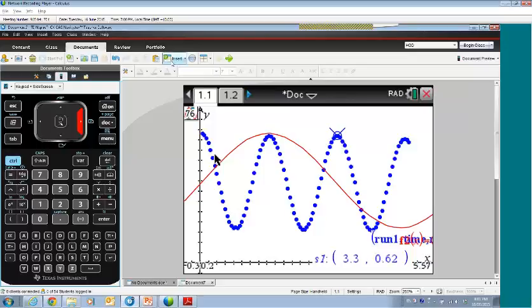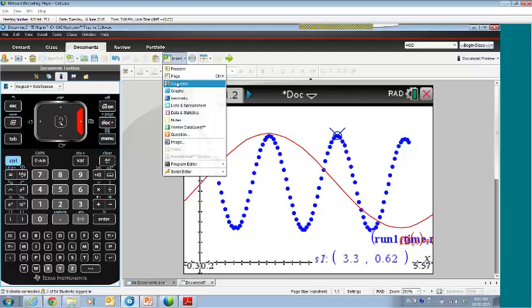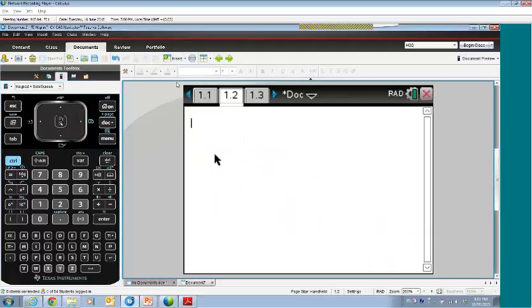We'll just introduce a calculator page, because running on the fly, I'm not even going to attempt to do those sorts of problems in my head. So 3.3 minus 0.65, and we get 2.65. How many of those will we see in 2 pi? 2.37 of them, so let's go back